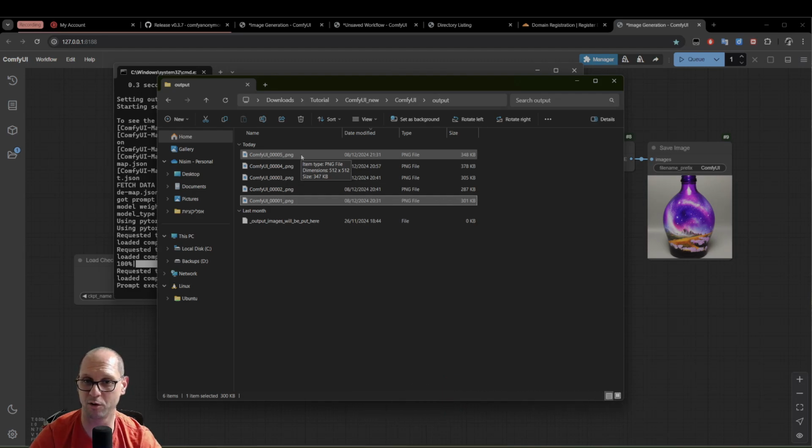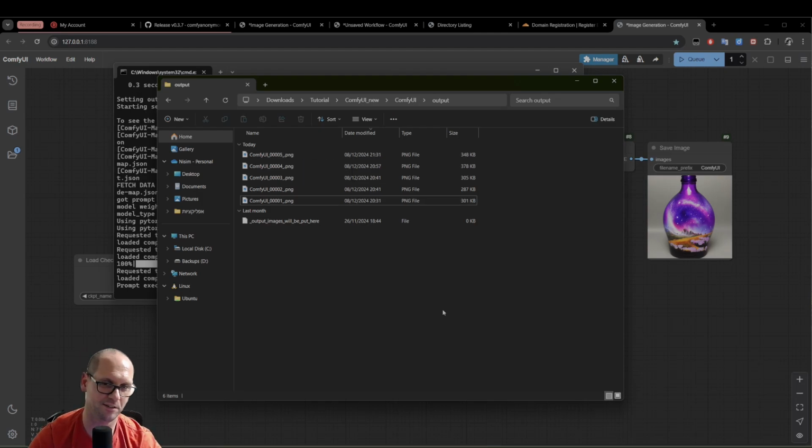This is a very good solution to make Comfy work with multiple instances. That's it for